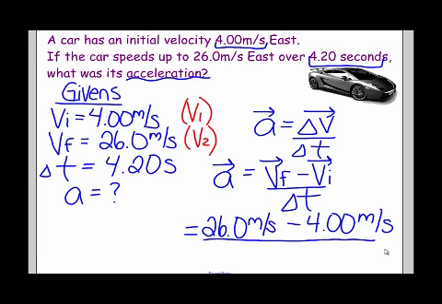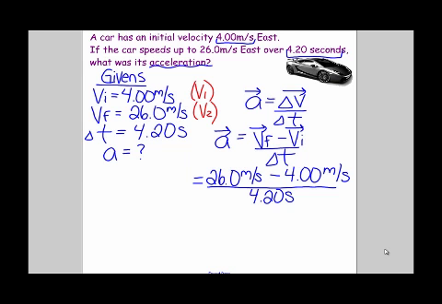Divide that by a change in time of 4.20 seconds. So on my calculator, order of operations is very important. I'm going to take 26, subtract 4, so that's 22. Then I'll take that answer and divide it by my 4.2 seconds. So that gives me an answer on my calculator. 22 divided by 4.2 is going to give me an answer of